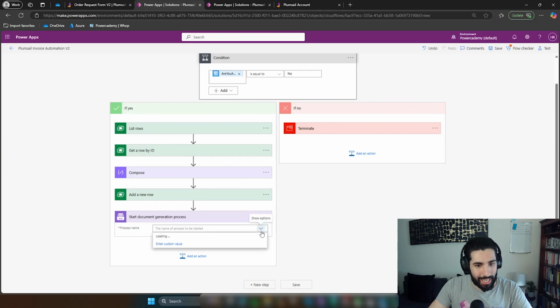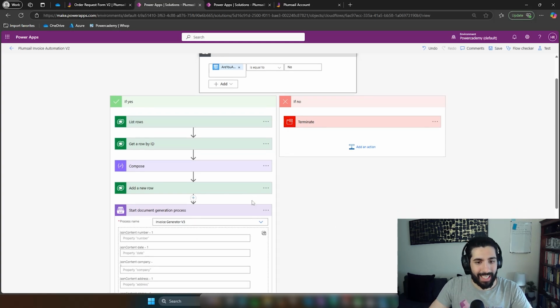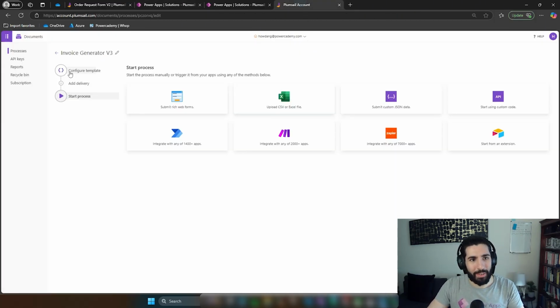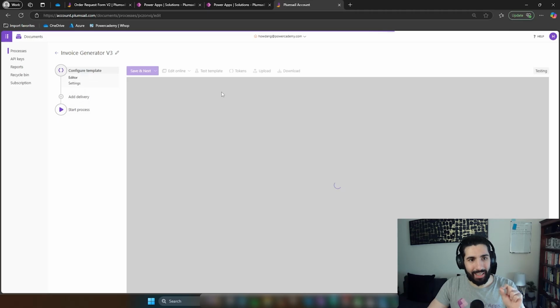It will give us the process name that we need. So in this case, we will select invoice generator version 3. And then you can see the dynamic tokens have appeared here, and you can pass them through as JSON. So if you remember, and we come back into Plumsail and we select configure template,